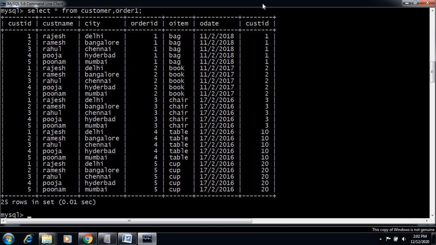So how to do this? That is called the inner join. How to do the inner join? Let us try to perform the inner join on this particular table.